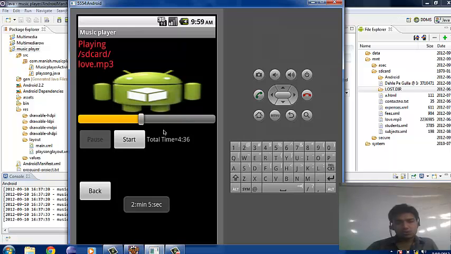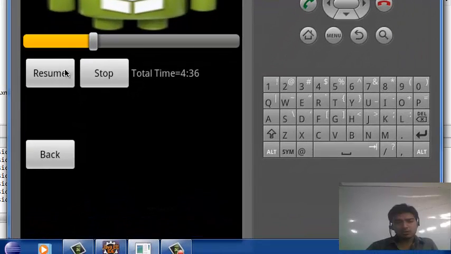In this way we can scroll this and it will automatically also move with the song when the song is running. If we click this, the song will be stopped, and if we click this, the song will be paused over here. Then when we start the song, it will start from the beginning. Let us suppose the song is here, then we stop the song over here, we click on pause and then resume. The song will start from over here.